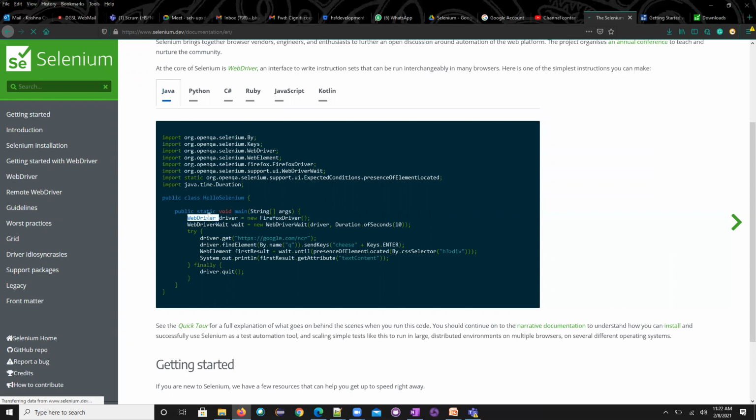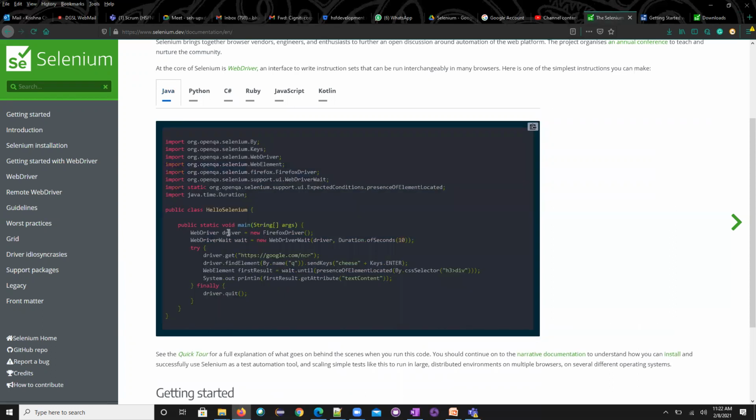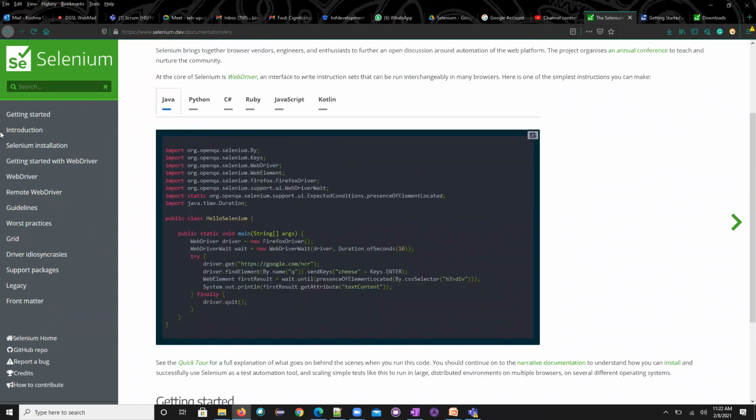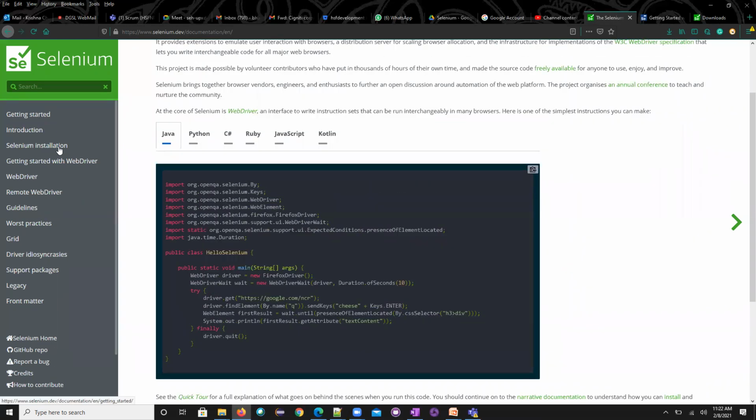Now WebDriver is an interface. So this interface has the implementation of this FirefoxDriver constructor, and this is trying to create an object for it. Now, what will happen, these are the methods. Anyway, once we read through the complete architecture, you can easily write that particular thing over here. So whatever I explained to you now, all this information will be available here.